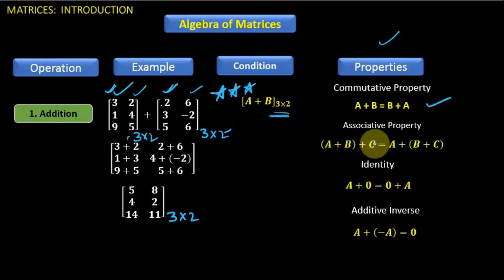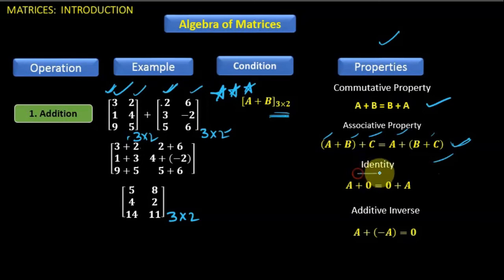Similarly, associative property, I think you know, A plus B plus C. If you take three matrices, first you add two of them and the resultant you add with the third, that will be equal to the last two matrices added and then added to the first one. These properties I think you already learnt in your previous classes. Take any example, three matrices of the same order, which is important, and try this, you will definitely get an equal answer, right?